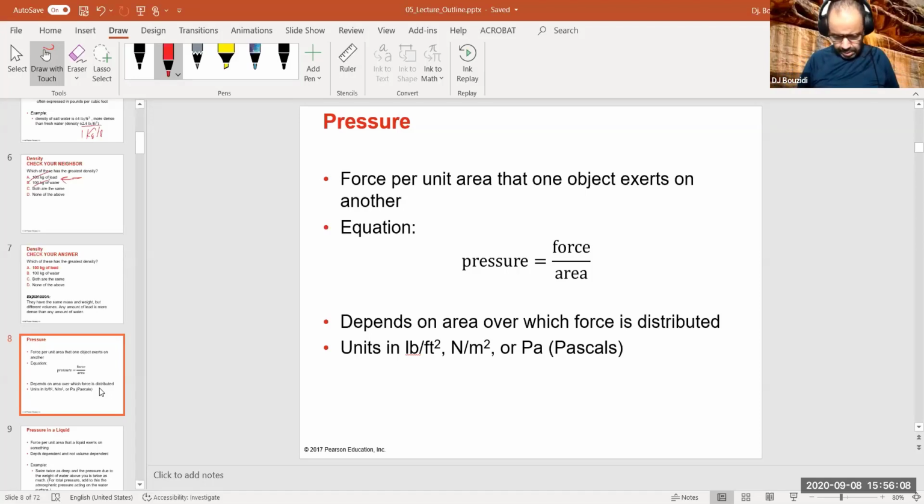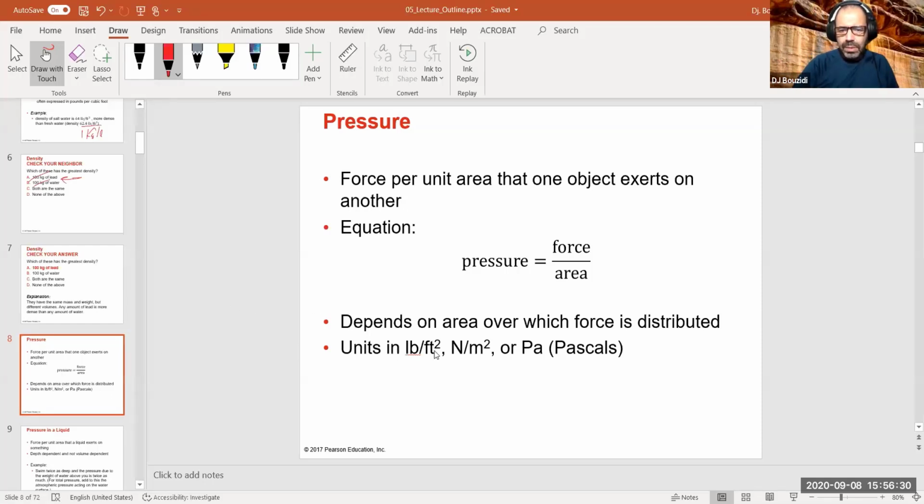You can think of this, for example, as a sharp object. I have a small screwdriver in here, and if you have a sharp end versus a wide end, the same force is going to exert more effect. So what you feel in this case is not the force, you're feeling the pressure. That's why the pressure matters in here, which is the ratio of force over area.